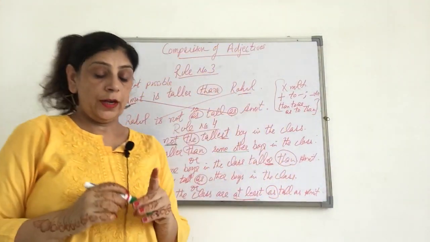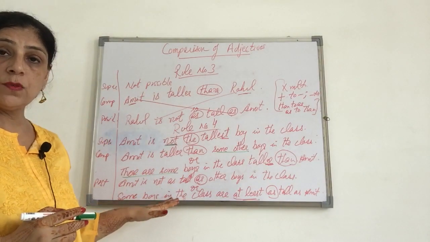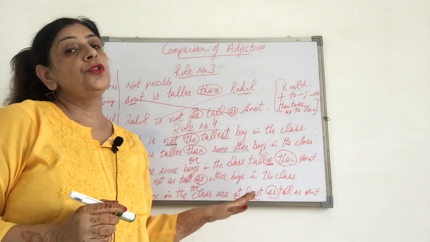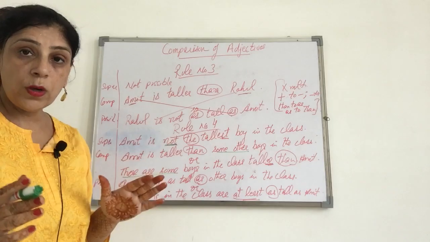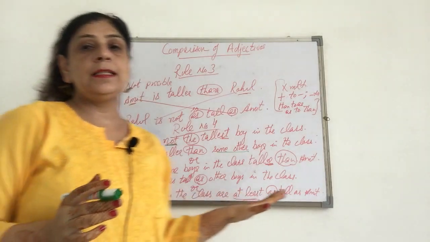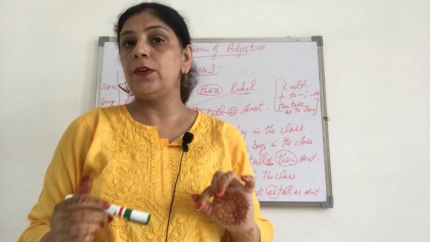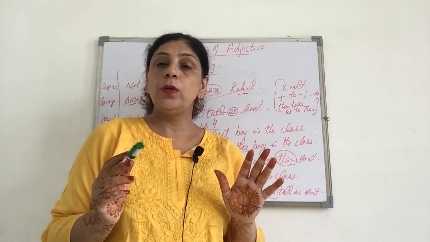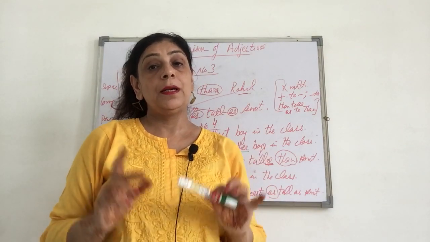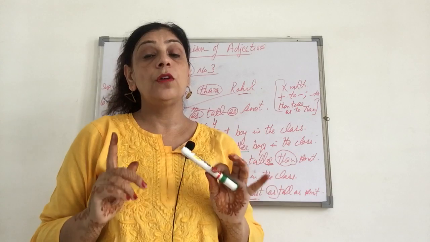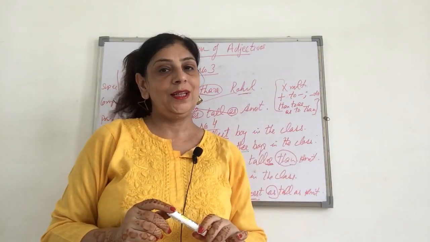Right? So I hope you are clear with all the 4 rules. Once you understand these 4 rules, it will be very easy for you to solve the sentences. So your homework would be to revise these sentences, then pick up any 2 sentences and change them into the other 2 degrees as well. And in my next video, I will be giving you a few sentences to solve. But you will be able to solve them only if you have understood this very thoroughly.